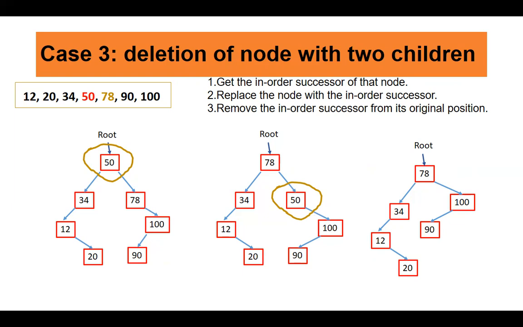And here what we are using is the in-order successor. Of course, you can use the in-order predecessor also. At that time, 34 will move up, right? 50 will move down and it will be deleted from here as a node with one child. That is, we'll be applying case 2 here. Okay, I hope all the three cases of deletion are clear. Remember, whenever you're inserting or whenever you're deleting, you need to maintain the binary search tree property. What is that? Left hand side smaller than the root, right hand side greater than the root.